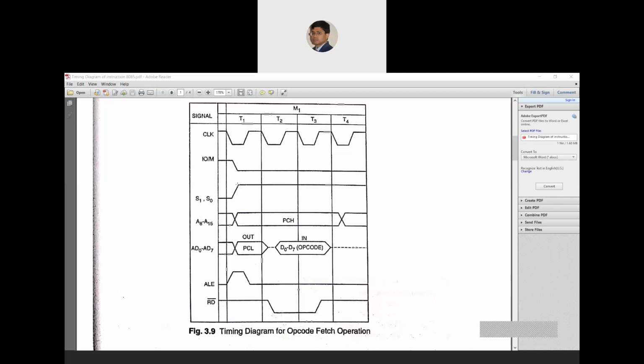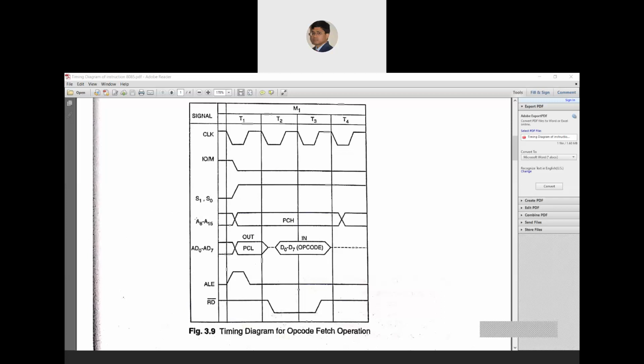So the 1 1 combination means, whatever the previous state was, after entering the opcode fetch operation its value becomes 1 1. Both signals have the same value 1 1, so by showing a single line I can show that both signals have the same value 1 1 throughout T1 to T4. These two signals decide which kind of operation it is, memory related, and what the operation is. By this combination 1 1, it is the opcode fetch operation.